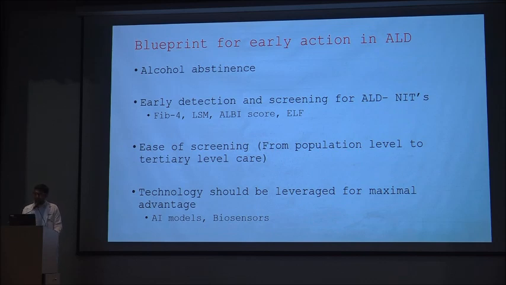The most important thing is to treat the cause, that is alcohol abstinence, and also early detection and screening for ALD, and that is where the role of non-invasive testing comes in. That is the FIB4. We'll be discussing in detail about FIB4, the LSM monitoring, LB score, and ELF. Also, we need to understand that the screening should be easy, right from the population level to the tertiary care centers, and where we stand as far as the technology currently is, and how we can take maximum leverage